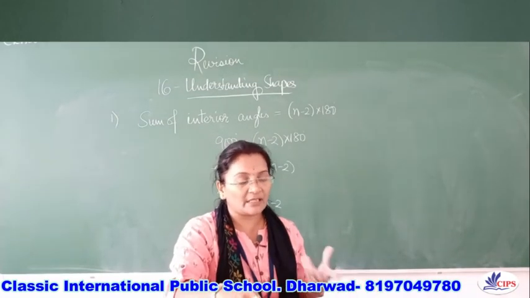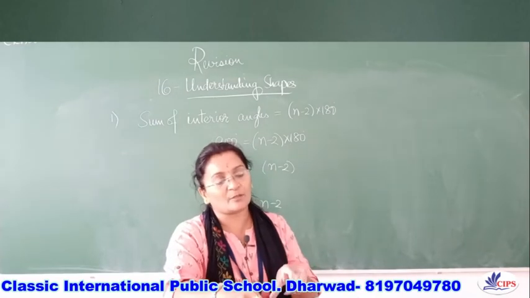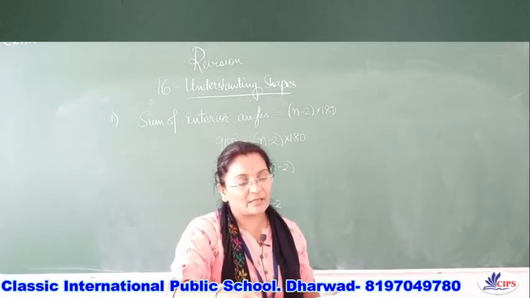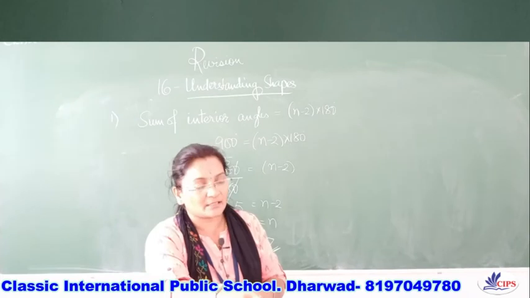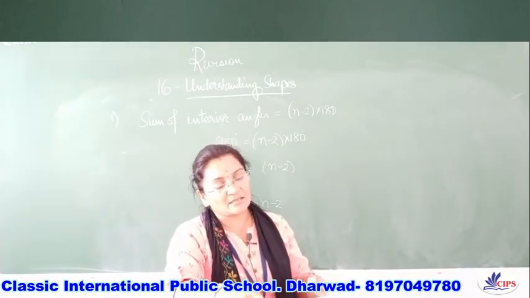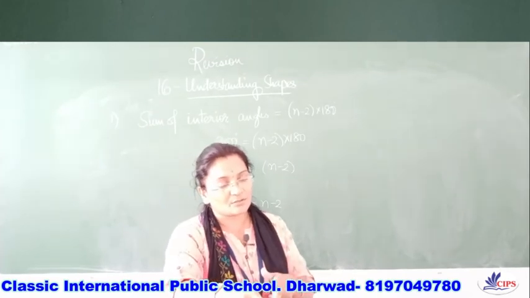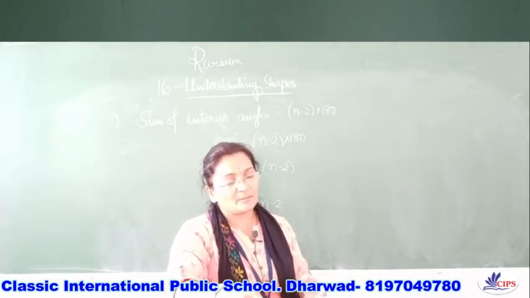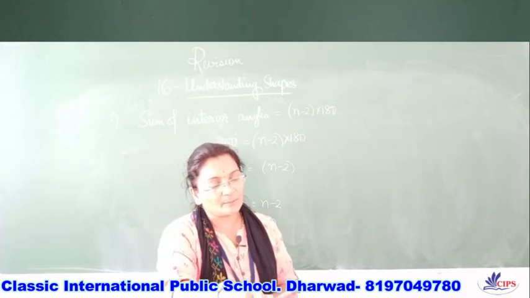Pentagon means you know that n will be 5. N means number of sides. So a pentagon is a 5-sided figure and it will have 5 angles in it. Two angles are given, that is 40 and 60. The remaining angles are given in the ratio 1:3:7. They've asked us to find the biggest angle of the pentagon.